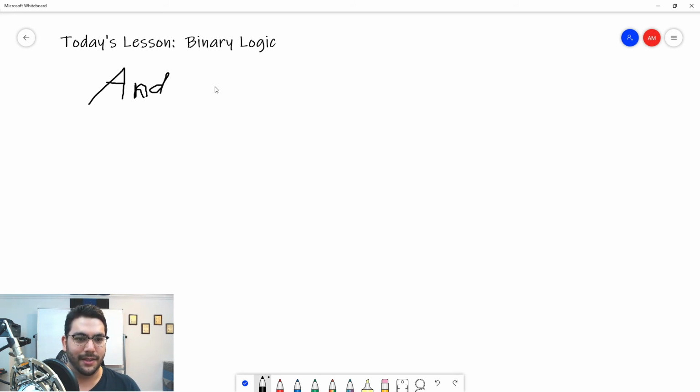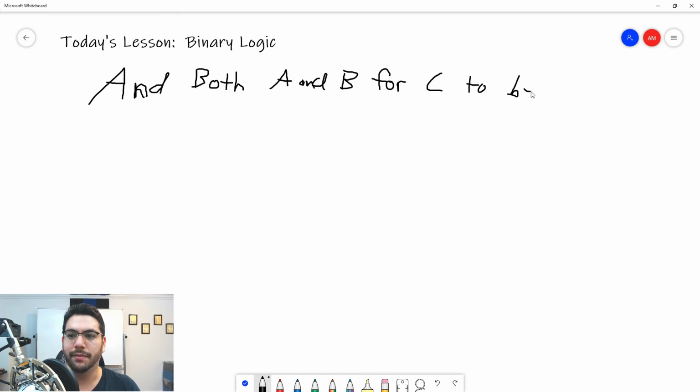So AND. So on AND, both A and B for C to be true. Right. Now I could write that out, but it's a lot easier just to put it in a truth table,